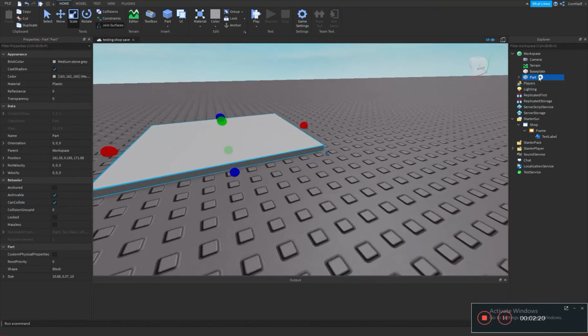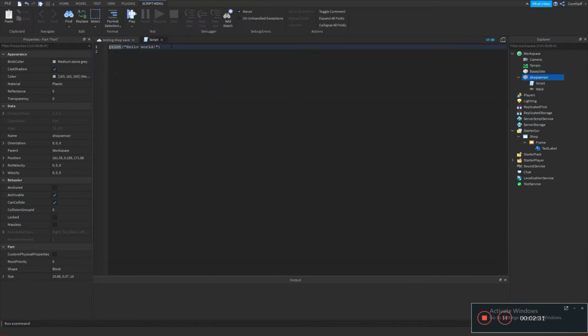Let's add a script in it. Let's rename it to ShopSensor. Okay, so now let's add a script in it. In the script we're going to create a function which will fire whenever we touch the part. So let's say script.Parent.Touched:Connect(function. So in the parameter we're gonna add a hit,